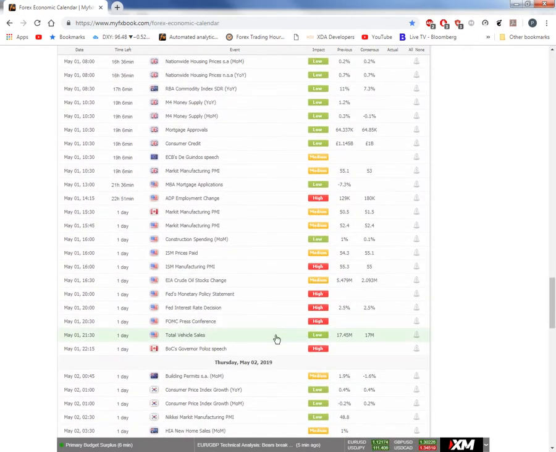However, tomorrow we do have some high American news. We have the Fed interest rate, which is quite a big news impact event, as well as a few other high impact news, all affecting the United States dollar tomorrow, starting from about 3:30 all the way until 9:30 at night. We have some American news, so just bear that in mind.